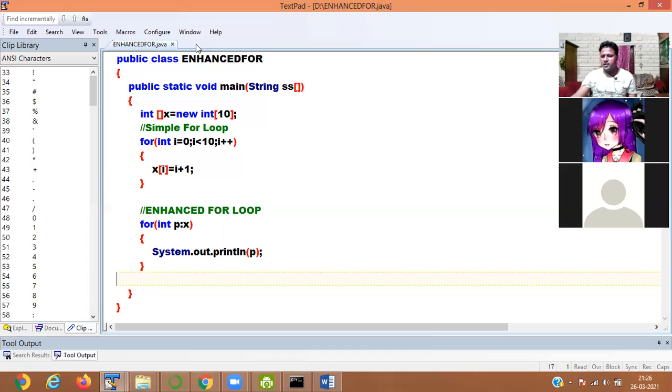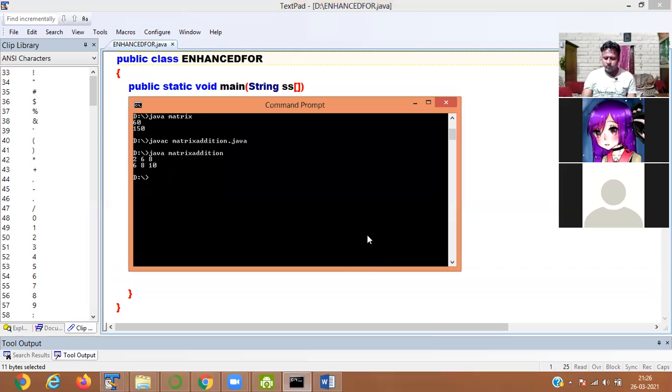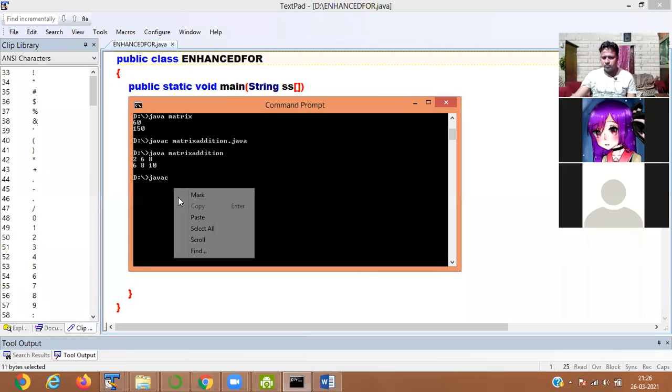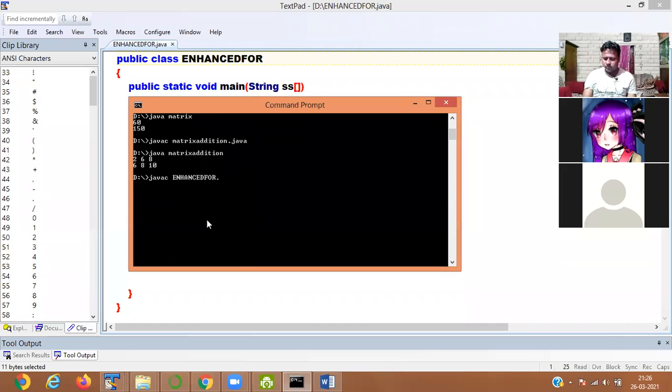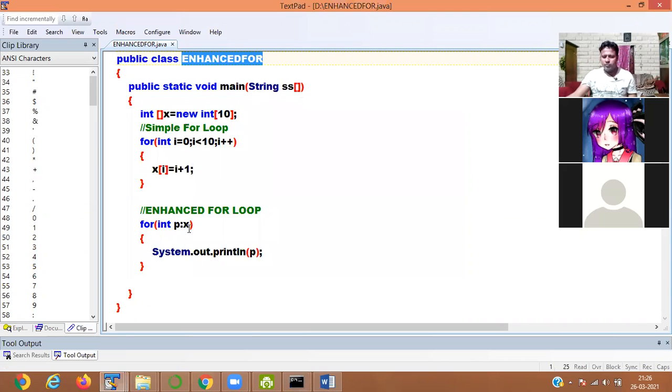So in one step it is printing all the elements, from 1 to 10. This is called the enhanced for loop, where we use the colon symbol through which it retrieves all the elements.